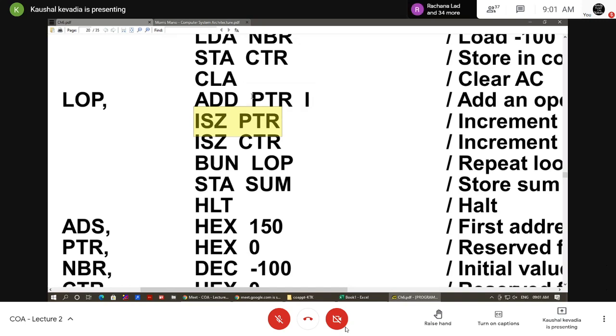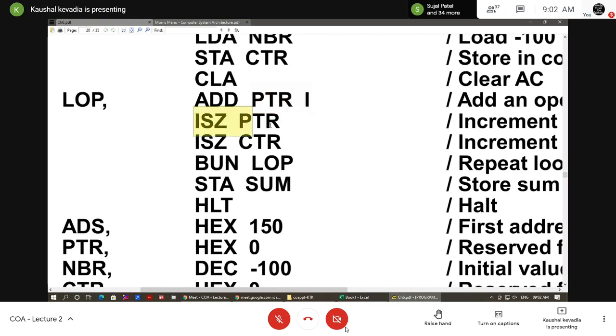Okay, from the 151, I want to fetch the value of ptr. Because I don't want the value of ptr itself; this is an indirect addressing mode instruction, that's why we want the value from that address. The value in 151 I have to shift here. So I want to add my second variable to the first variable that is already available in the accumulator, and again the answer is stored into the accumulator.